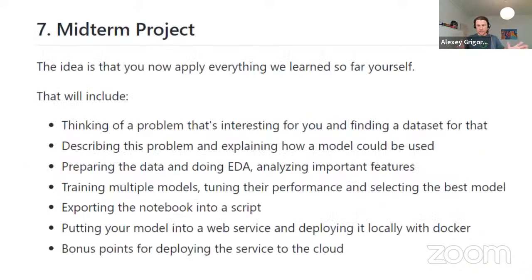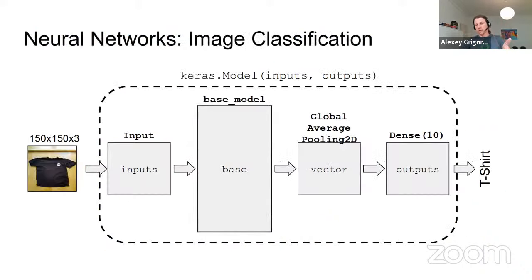After you complete the midterm project, we will cover neural networks. We will talk about image classification, and the project will be that we have different pictures of clothing items, like t-shirts, pants, hats, long sleeves, and we will need to classify them. If we have an image of a t-shirt, we want to say that this is a t-shirt. If we have an image of a pair of jeans, we want to say it's pants. So we will build a neural network for doing that.